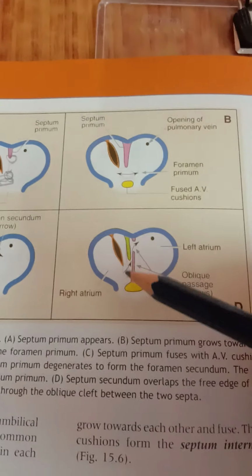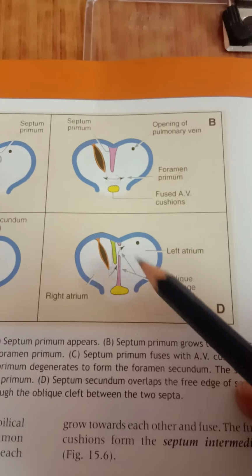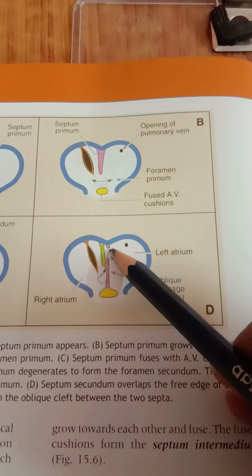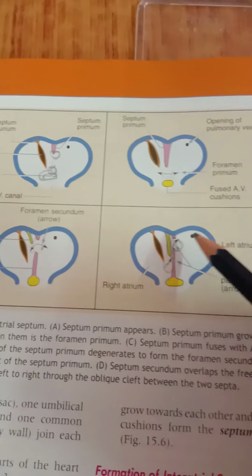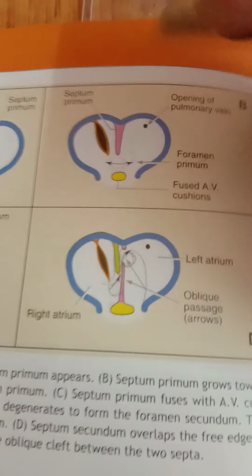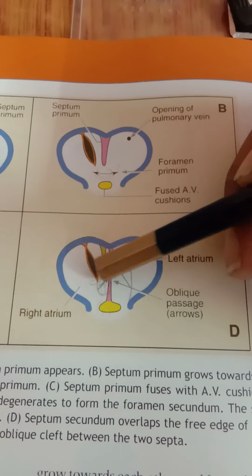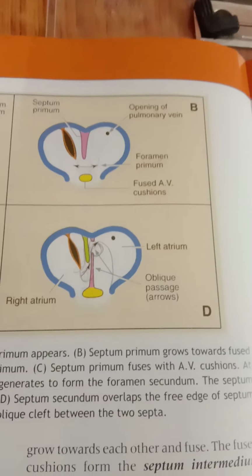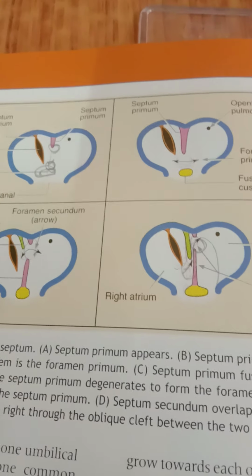So foramen ovale is nothing but the passage of blood from the right atrium to the left atrium by means of this hole in the septum secundum, and also in this foramen secundum. So by this the blood can easily pass. And one more thing, as we remember, this is the septum spurium and the left valve. So these also get attached to this septum secundum while forming the interatrial septum. So this is how the interatrial septum is formed.